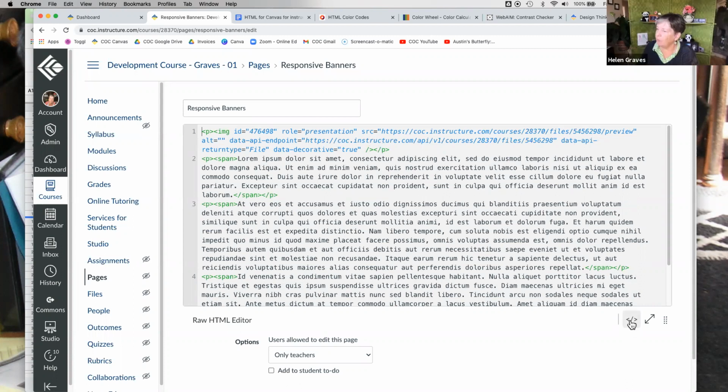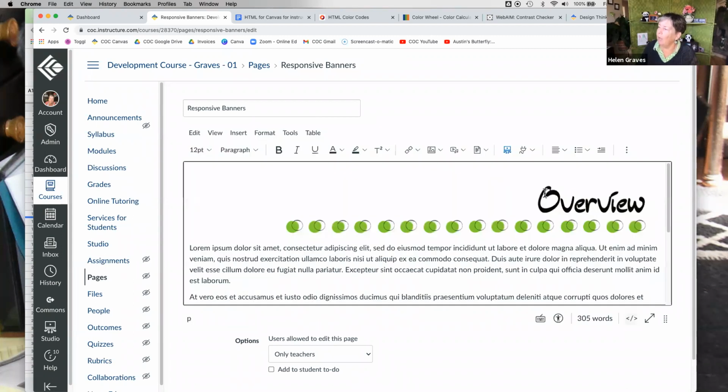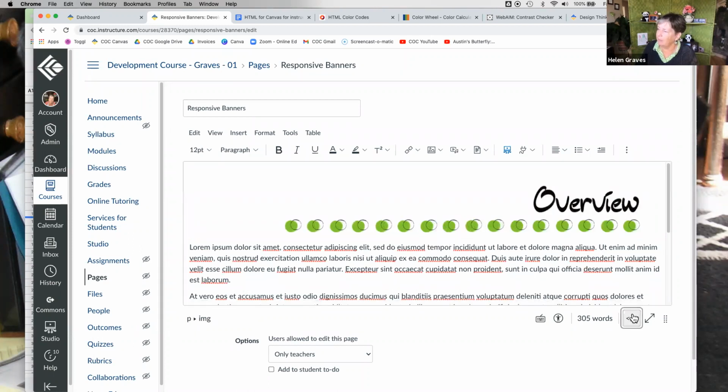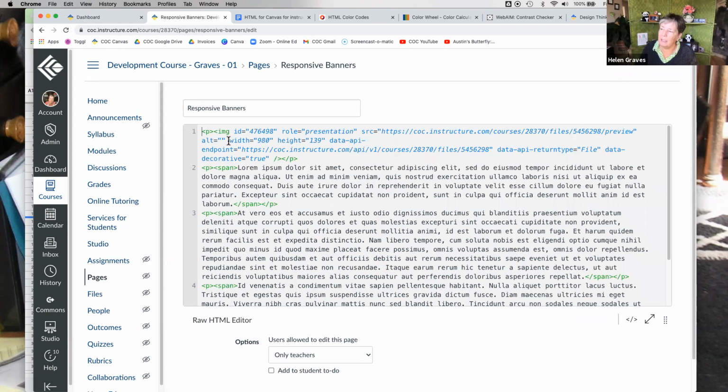I see my image, and there are two ways to do it. One is if I click it and make it a certain size, now you can see there is a width and a height command in there. When I first enter it, Canvas doesn't include that because it just kind of knows it. But if I change the size a little bit, then I've got this.